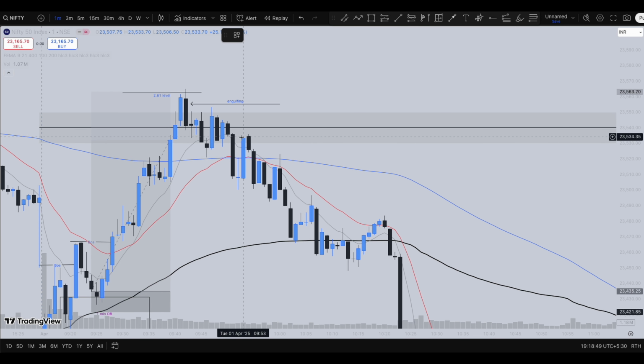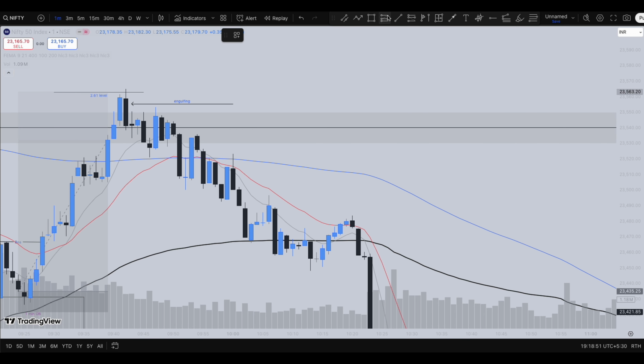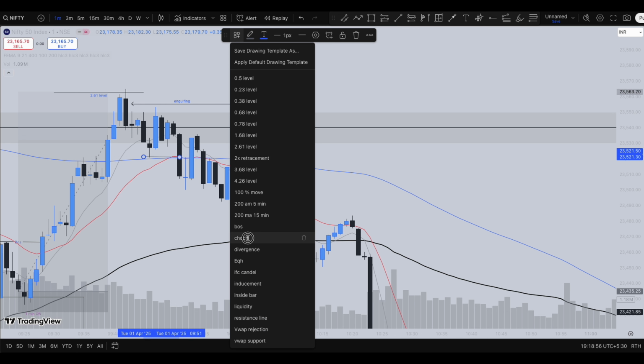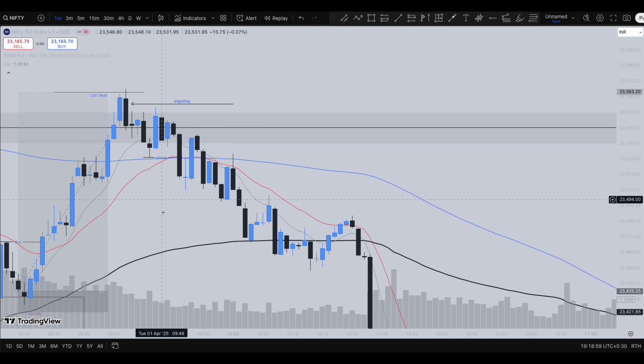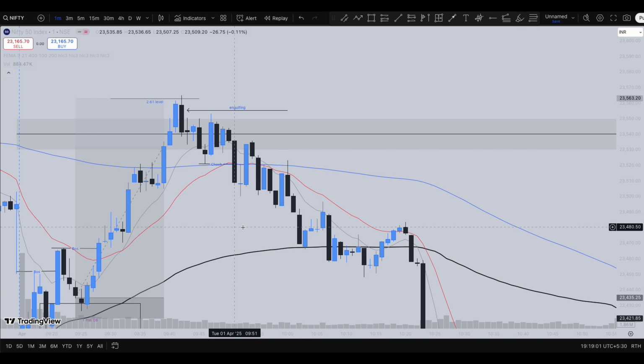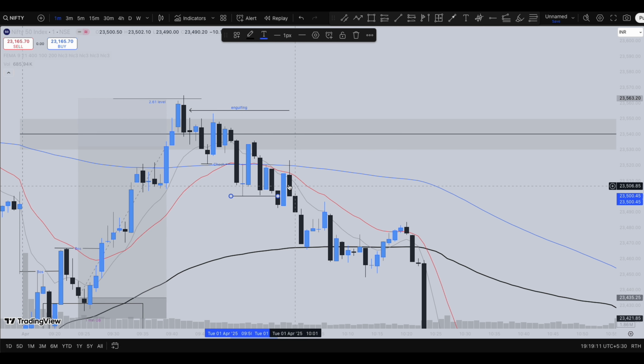You can see clearly this momentum towards the downside, which actually broke this low. You can consider this to be a break of structure or initial CHoCH formation. This is the initial CHoCH formation, guys. And again, the market here broke another structure towards the downside here. You can consider this structure towards the downside.